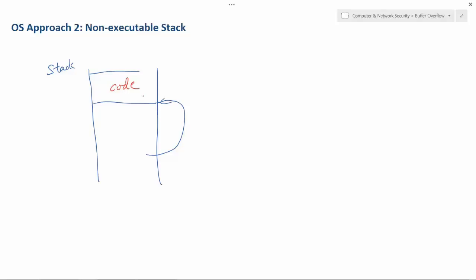Yeah, there are maybe some OSes that depend on that. In the past, Linux did put some of the code in the stack for whatever reason. It's not that they have to put it in there. Maybe it's more convenient, especially if they want to do some exception handler type of thing. They want to push some piece of code into the buffer, into the stack. Maybe that's the reason. But the code doesn't need to be in there. You can put it in some other place. So one of the options they take is to turn the stack into non-executable.